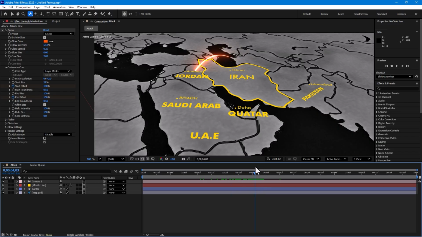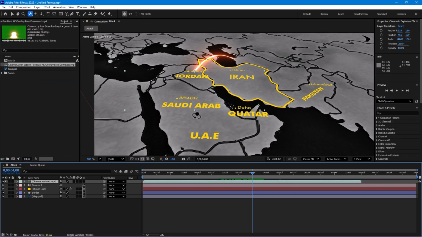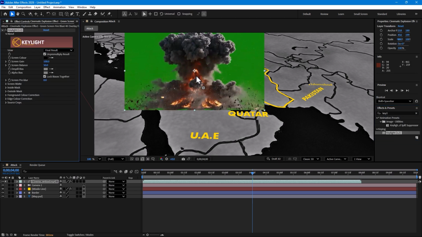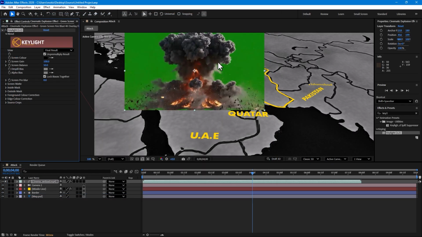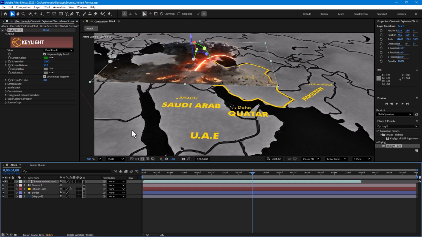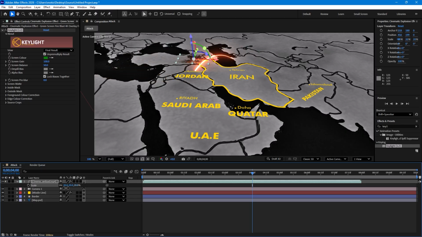Nice. So how to use the explosion? Select this clip and go to Keylight. Apply. Don't forget to save your project, and select remove the green screen and turn on the 3D. Press S to scale down the size